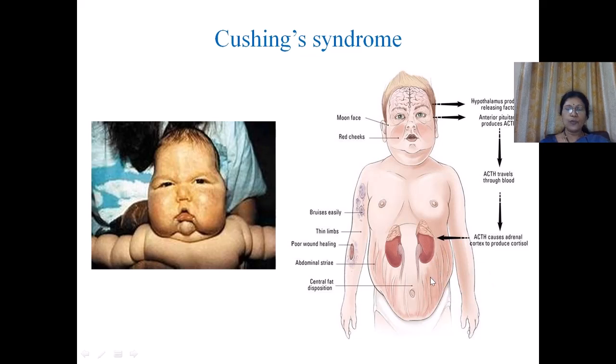The muscles become weak and the bones will be fragile, easily broken, and thinning of the limbs and legs occurs, thin limbs. The wound healing will be poor with low lymphocytes. Then retention of salt and fluid is high with edema. And then we can also see sexual dysfunction, mild virilism, more androgen production, and the menstrual cycle in females is disturbed.